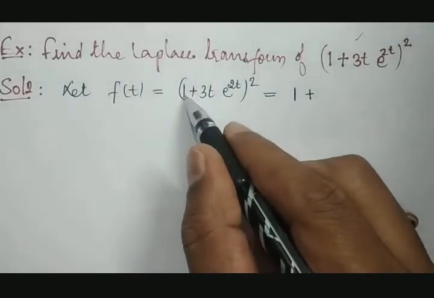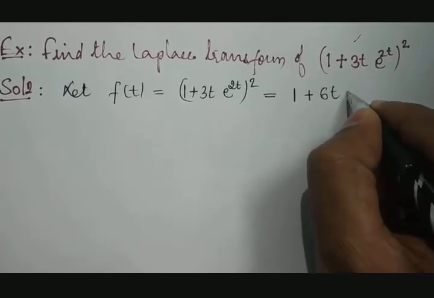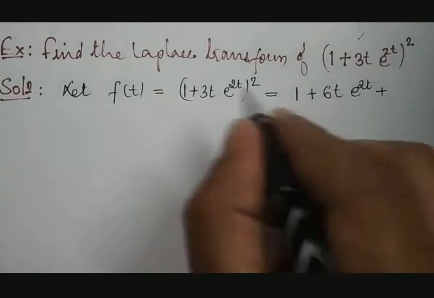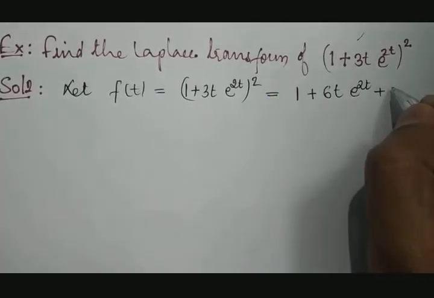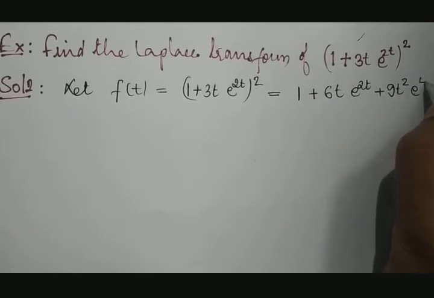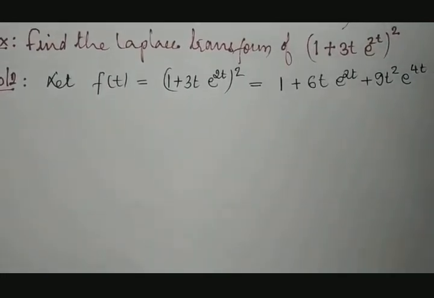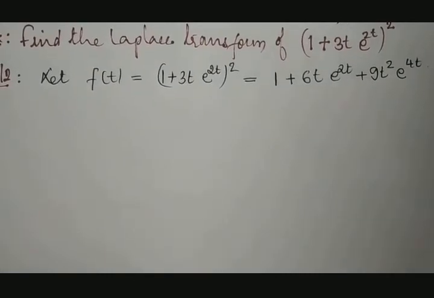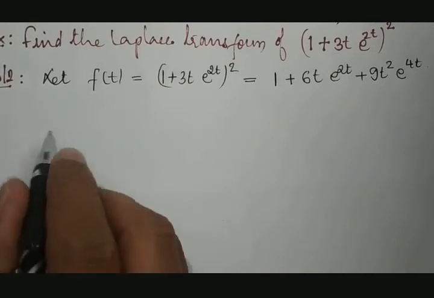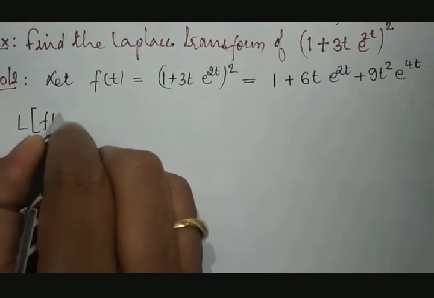2 times of 1 into this, means it is 6 times t into e raised to 2t, plus square of this b square, that is 9t square into e raised to 4t. Okay, fine. So for e raised to 4t. Now this is what our f of t is. Straight away apply Laplace on both sides, then L of f of t is equal to